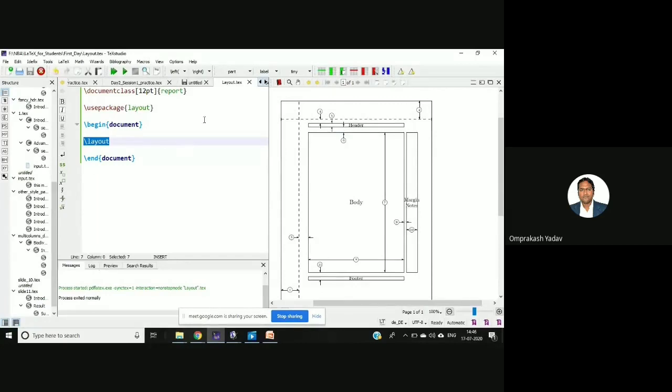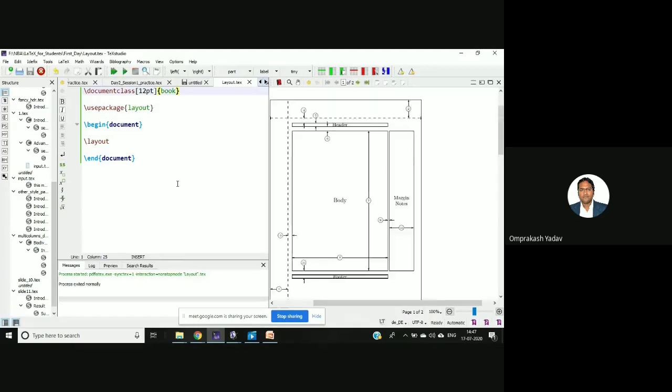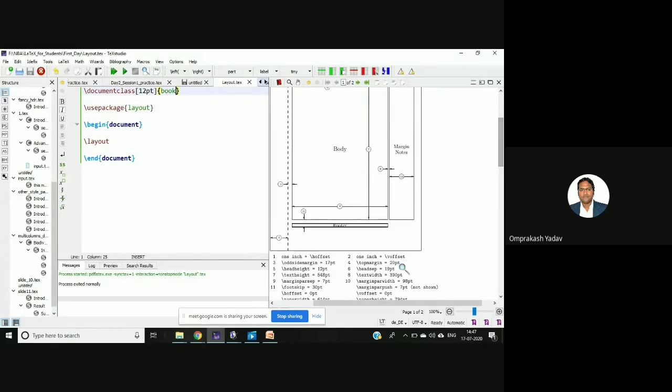Okay, now let's change this to book. Okay, now if you see, the margin will change.